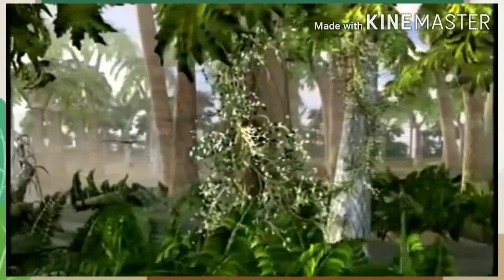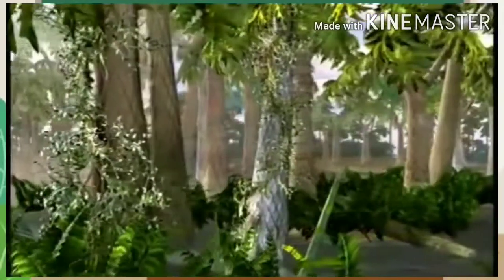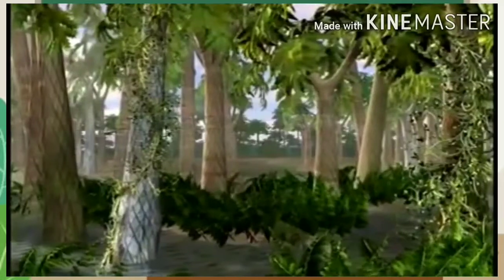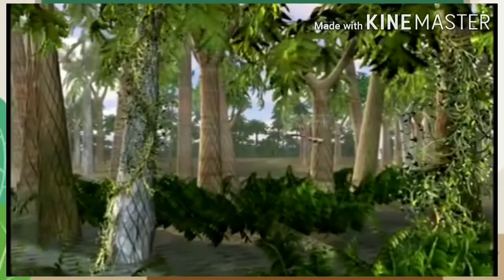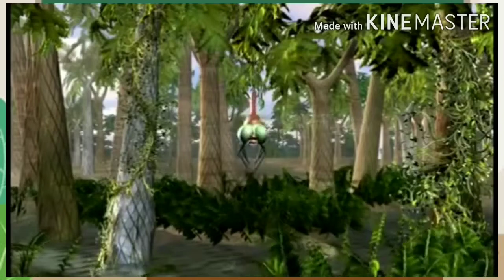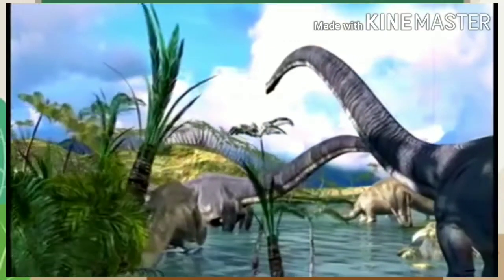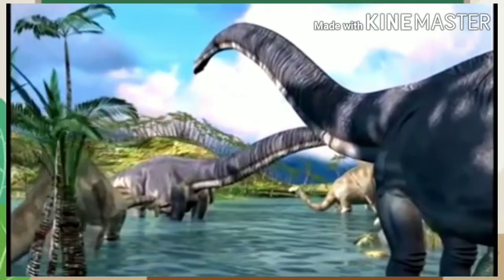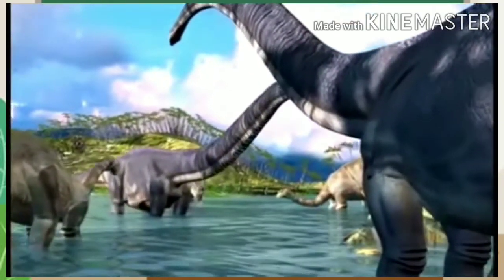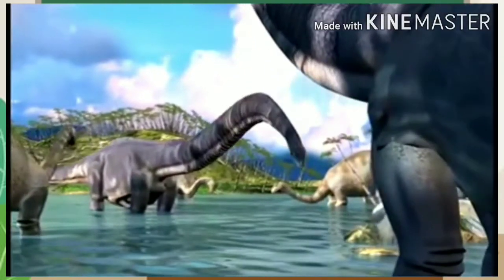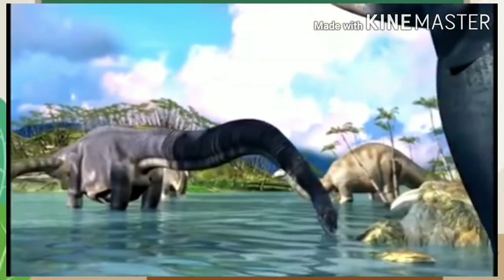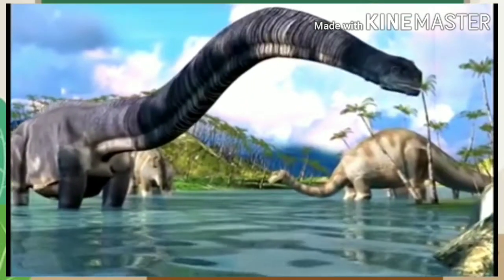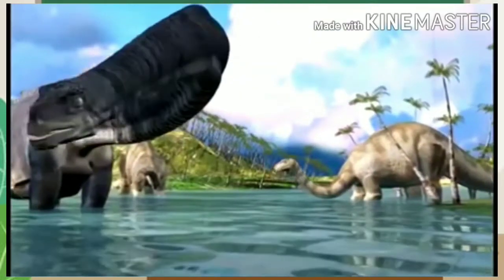From about 345 million to 2.5 million years ago, the Earth experienced the Carboniferous, Permian, Triassic, and Jurassic-Cretaceous periods, the three main periods of coal formation. At the time, the climate was mild and wet, with ample sunlight and rainfall. Because low-lying marshes contained an abundance of nutrients, they were especially well suited for plant growth and reproduction.